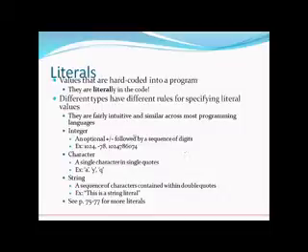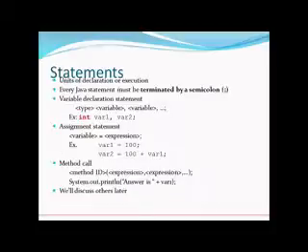Suppose there is a character data type, and what values can it have? It can have a character value, a single character. Okay, then single quote A, single quote B, or single quote dot, or single quote alpha, or single quote at the rate, or single quote anything, a bracket becomes the literal. Okay, and in case of a string, the whole string or the text that you are supplying can become the literal. Okay.